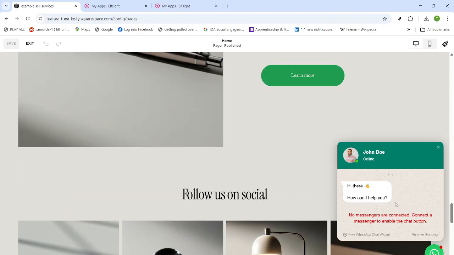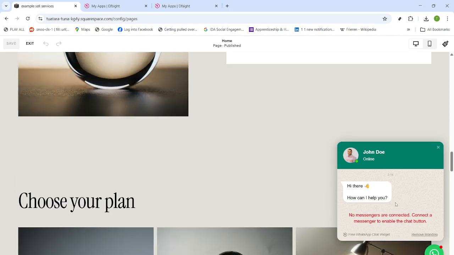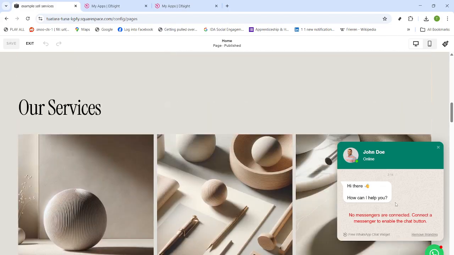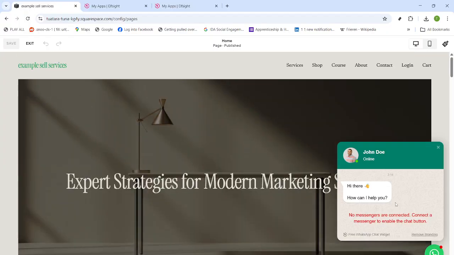And remember, any future design changes to the widget happen in the Elsite dashboard. You don't need to replace the code each time. Just save your changes there and refresh your site. That's it. You've successfully added WhatsApp chat to your Squarespace